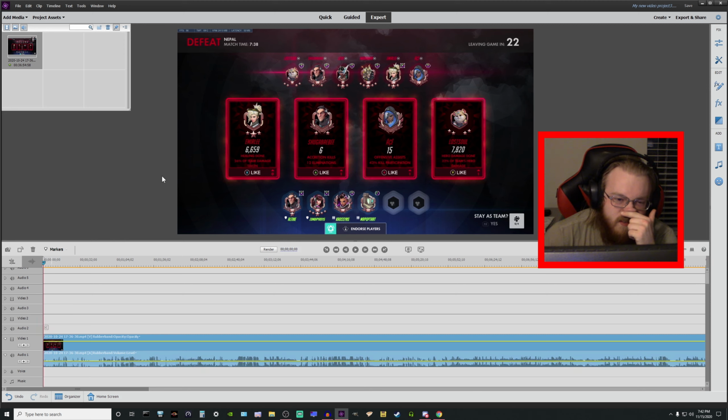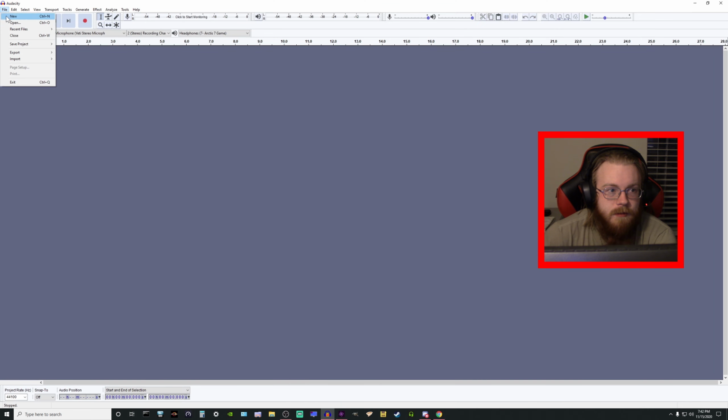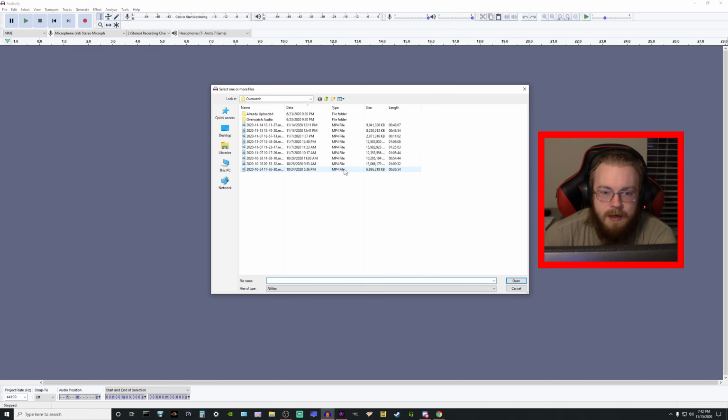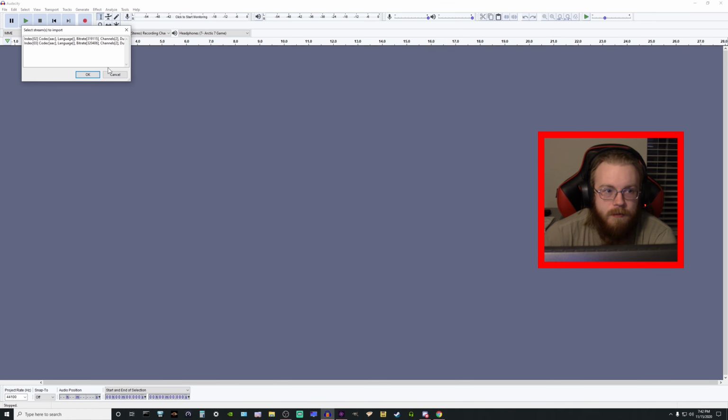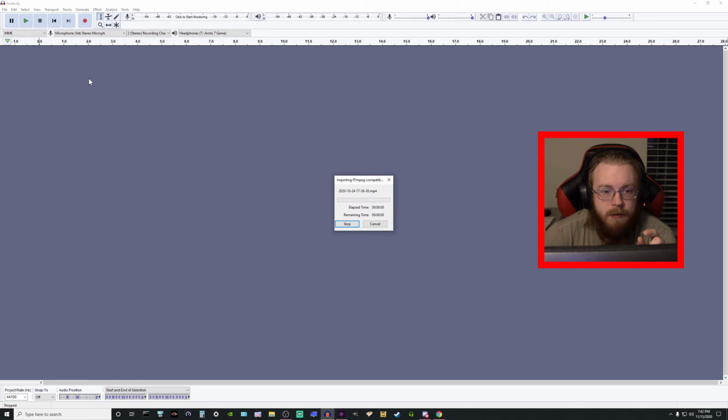So in order to pull my audio out and make it its own line, which is what I prefer, I use Audacity to open the same exact file, this one right here. And here are the two different audio tracks. Remember, I had two audio tracks saved. The one at the top here is the desktop audio. The one at the bottom here is my mic audio. So I'll just click that one, press OK, and it'll import it and make it where I can